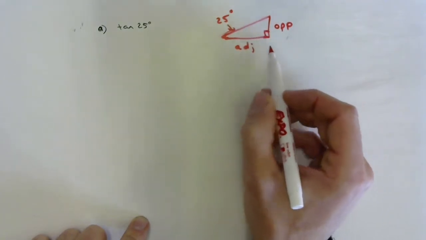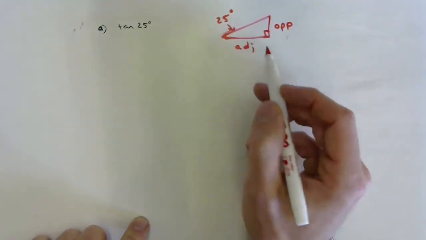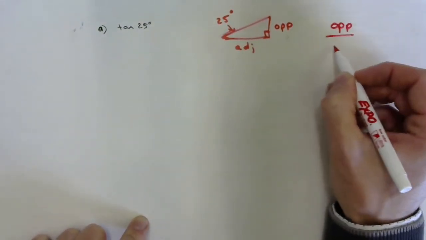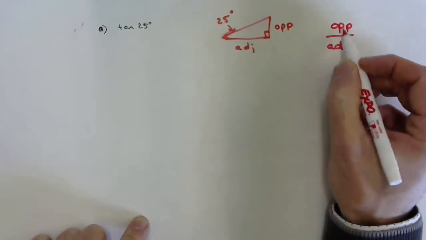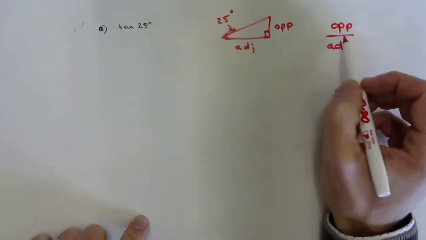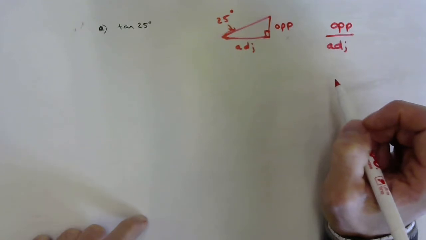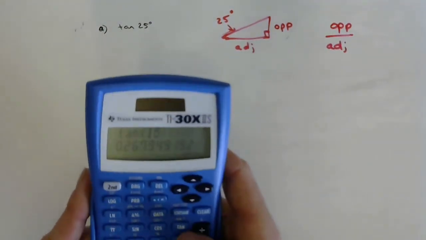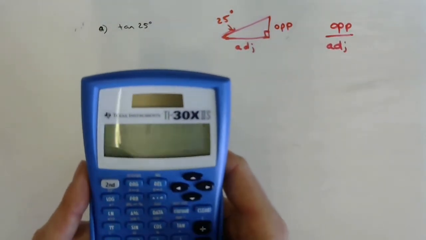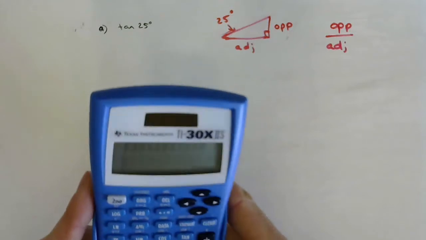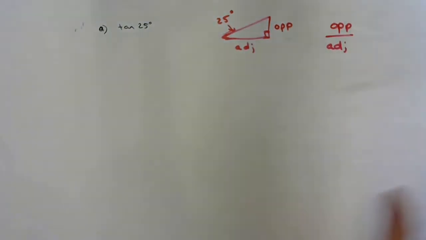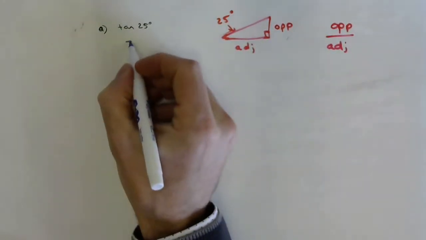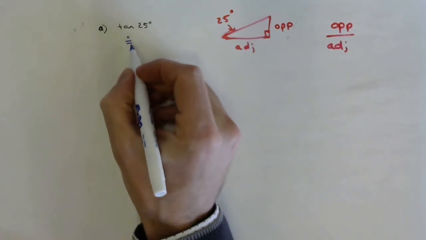No. Is it going to give you the length of this side? No. It's going to give you the ratio of those two side lengths, even if you don't know the side lengths themselves. Okay? So go ahead and get your calculator out. It's really simple. You press the tan button, you press 25, you hit enter. What do you get? 0.4663. And watch what I do with my equal sign every time, a dot on top,